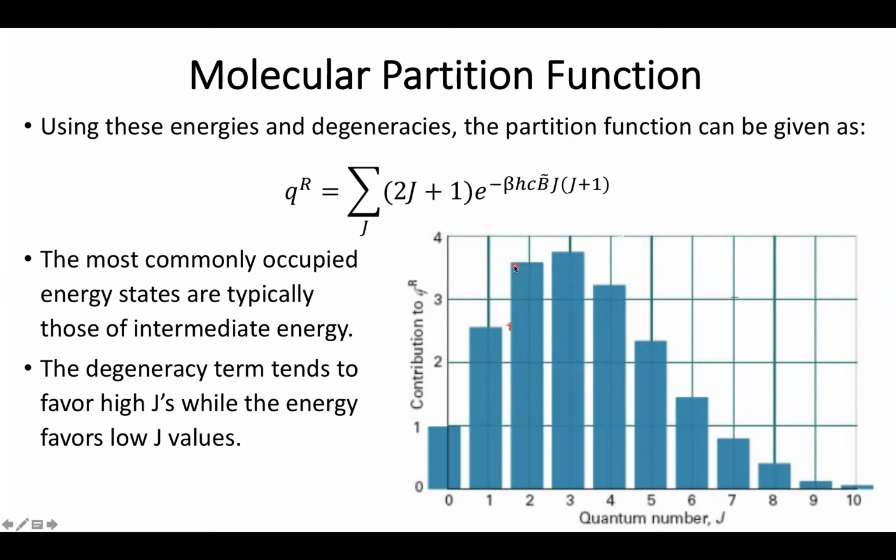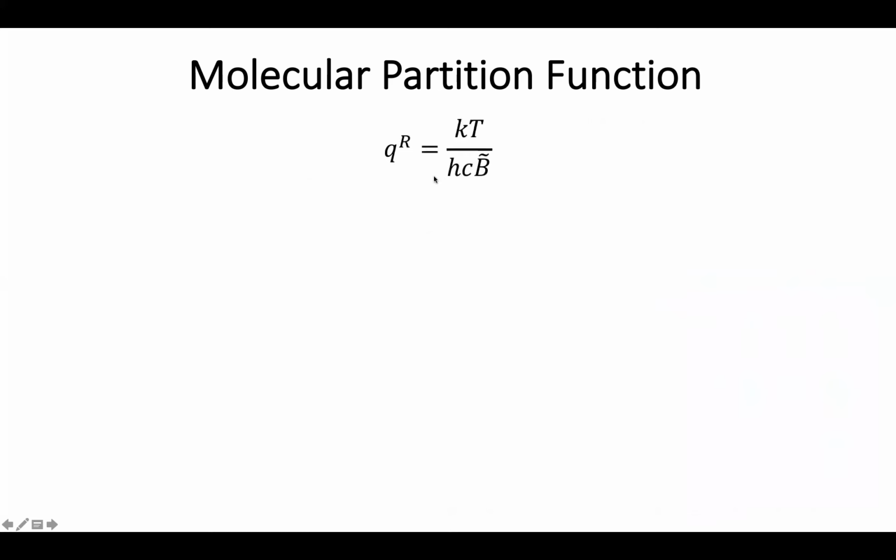Now, one of the things that we can actually make use of is that in practice, most of the energy levels for the partition function are tightly enough packed that it's possible to turn this sum into an integral. And when you actually go ahead and integrate the system, again, just like translational forms, it's going to give us a well-known form of an integral solution, which in this case abbreviates to Boltzmann constant times temperature over hc times our